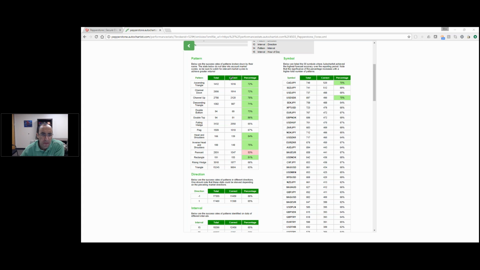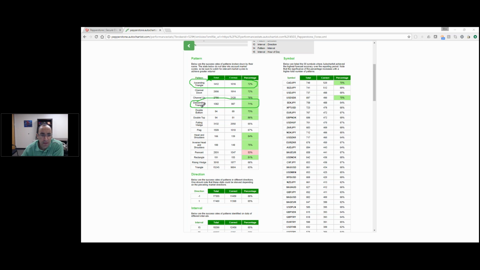Ascending triangles. This is a very significant statistic because ascending triangles have been performing pretty well. Out of 1,400, just over 1,000 hit their target region over the last 6 months. Similarly for channel downs, channel ups have done really well. Descending triangles have done really well. And I'm highlighting a few of them for a specific reason, and I'll show you why in just a